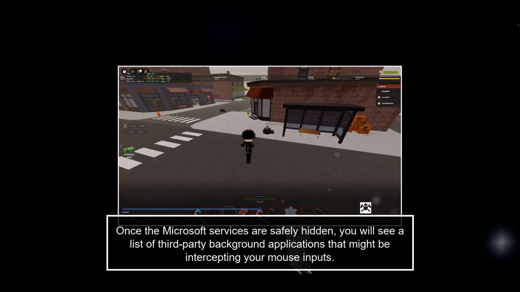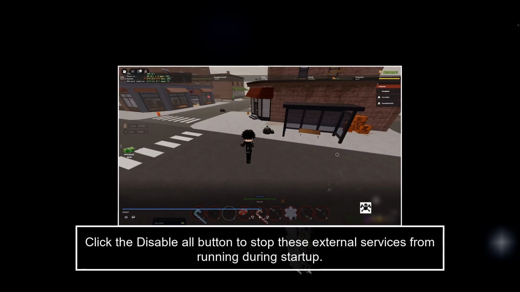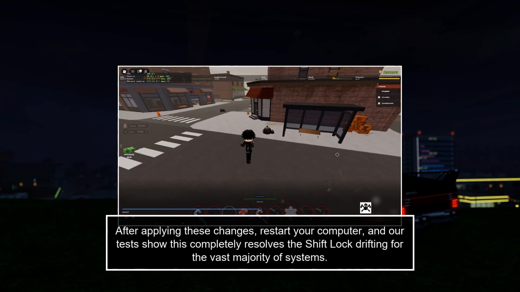Once the Microsoft services are safely hidden, you will see a list of third-party background applications that might be intercepting your mouse inputs. Click the Disable All button to stop these external services from running during startup. After applying these changes, restart your computer, and our tests show this completely resolves the shift lock drifting for the